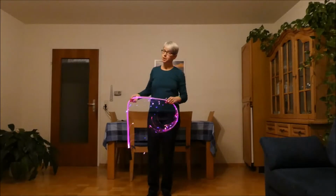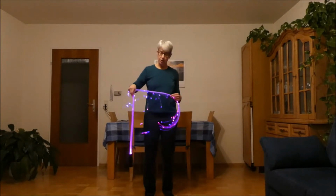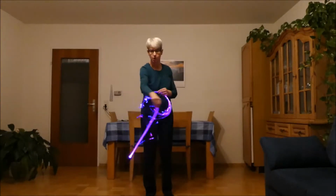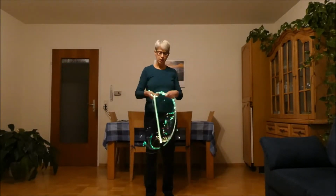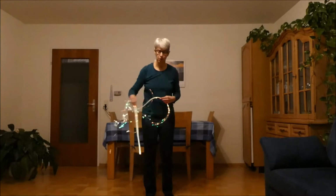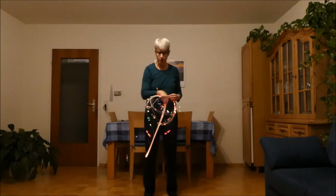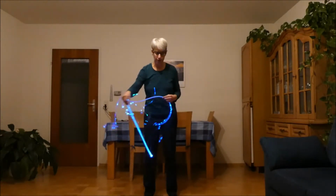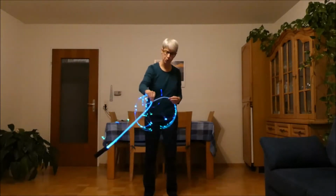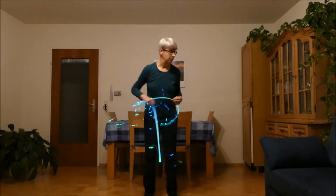In the beginning you will pretty often fall back just into this spinning. So when you fall back into this, again stop and start circling your hand around. It's probably a good idea not to start from spinning and then try to go into this isolation, but already from the whip just hanging down, move your hand in a circle, and then the handle end will automatically follow and you get into this isolation. And as soon as you fall back into the circling, stop again and start to move your hand. And as I said, in both directions